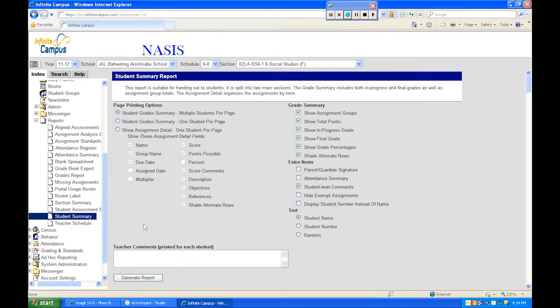It says NAISIS at the top, which they probably all say NAISIS, they do. This one says page printing options. This is in case you forgot what I'm showing you here right now, so you'll have it. For a single student summary, click on the show assignment detail,